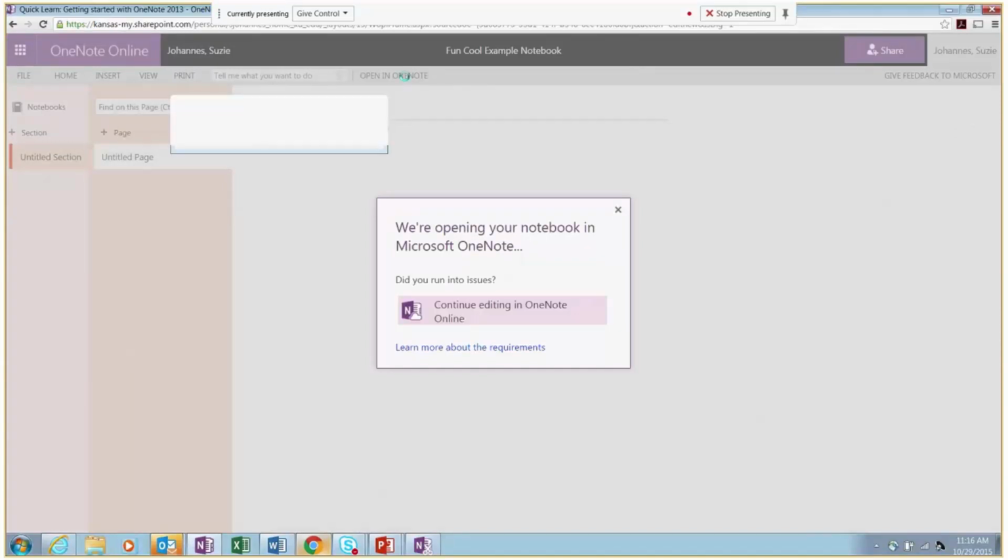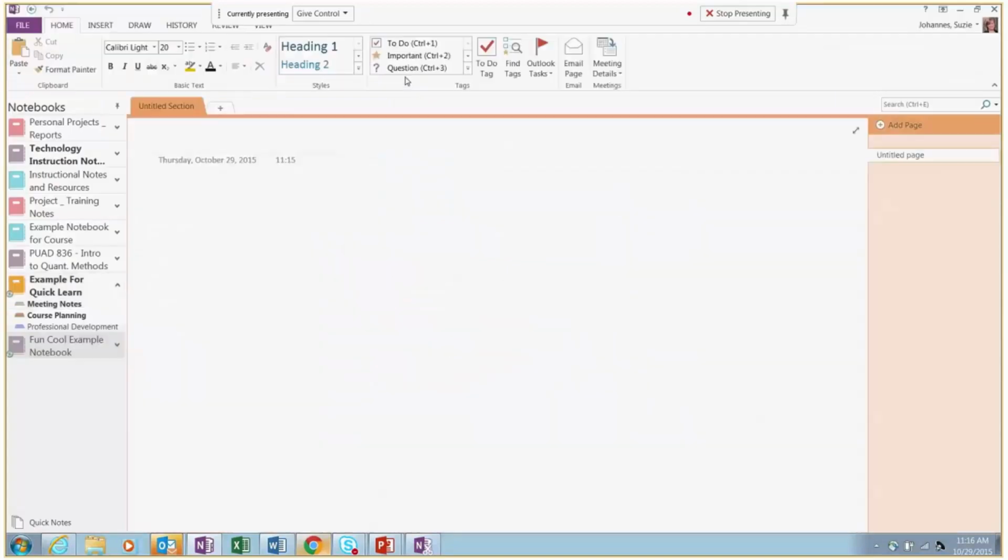If at any point you get something like "this feature has been blocked by administrator," you just need to talk to your tech support staff. They need to make a change to your computer, and then you should be able to do that. So now I have the Fun, Cool Example Notebook. By default, when I create that, I have one untitled section and one untitled page.